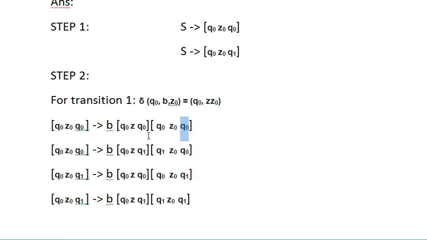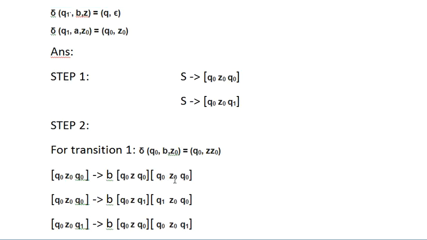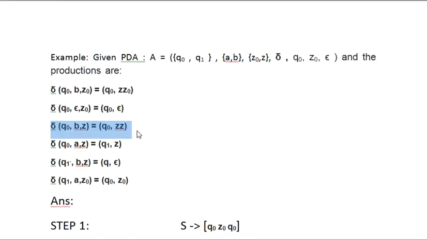So got it? And now we are left out with this one. This one you can give any possible combination. Either Q naught Q1, Q naught Q1, Q naught Q naught Q1 Q1. You can give it Q1 Q naught Q1 Q naught, or else Q1 Q1 Q naught Q naught. Any format you can give it. And whatever is there in this particular position, it will be same as here. So this is the particular transition. Clear? Now we are done with the first production. Okay, similarly you can do for this one as well, only there will be a small change. In place of Z0 it will come as Z. That's it. So do this one on your own.